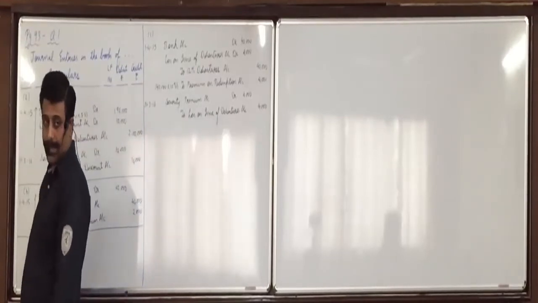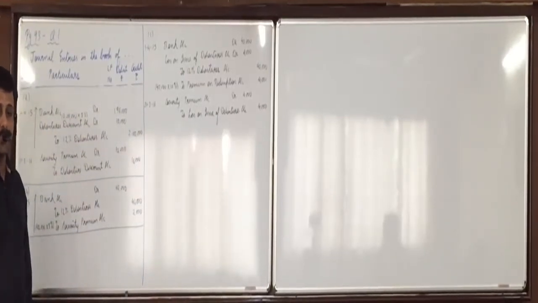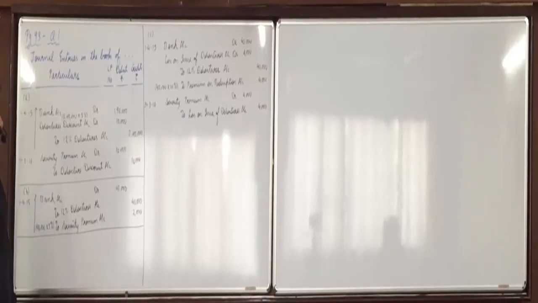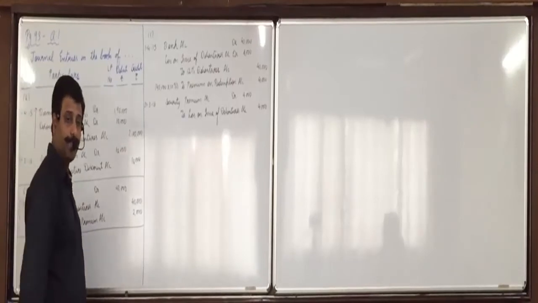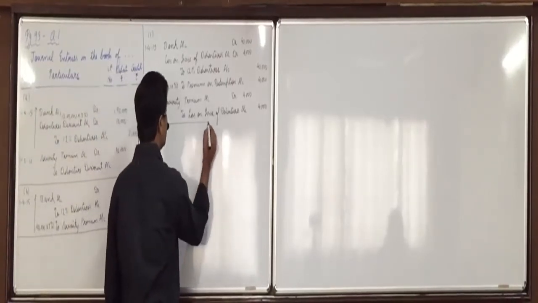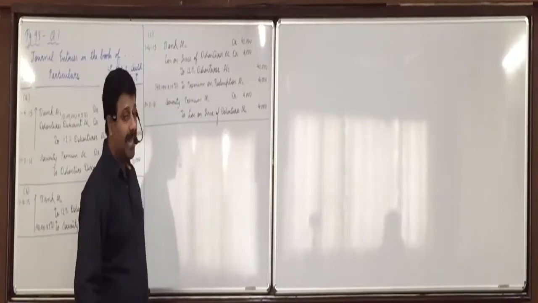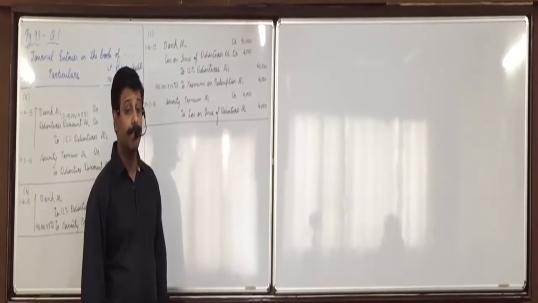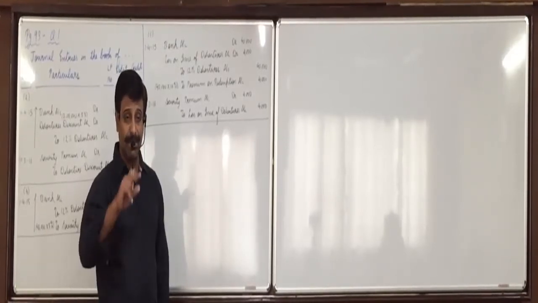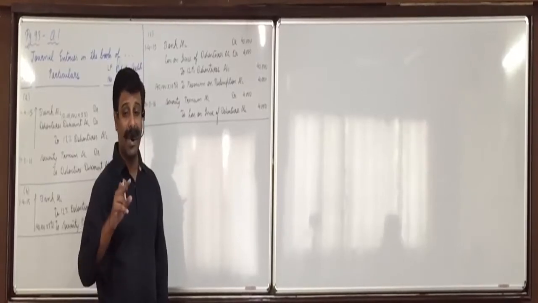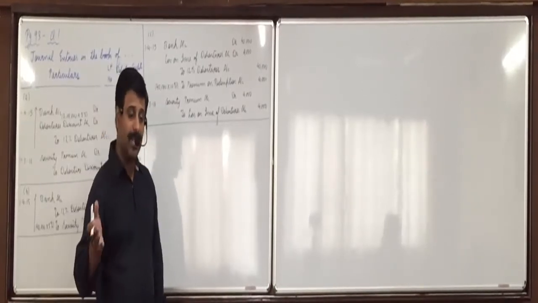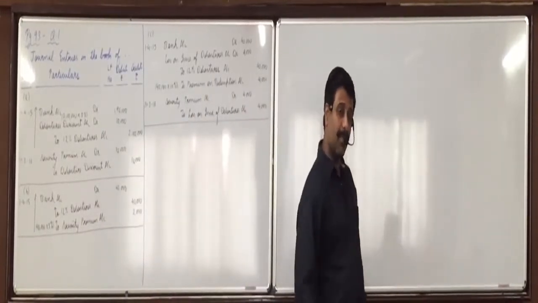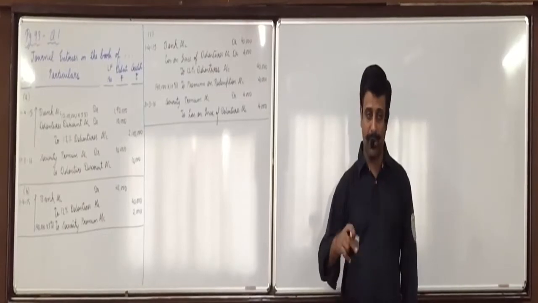Did everyone understand this? Any doubts in it? Being loss on issue of debentures written off. Okay, being loss on issue of debentures written off. Now option D, will you try it on your own first? How is it issued? 5% discount. First pass the entry of issue at discount, leaving one line in between debit and credit account. And then how is it redeemed? 10% redeemed. Then combine the effect of redeemable and premium. So try it on your own first, everyone.